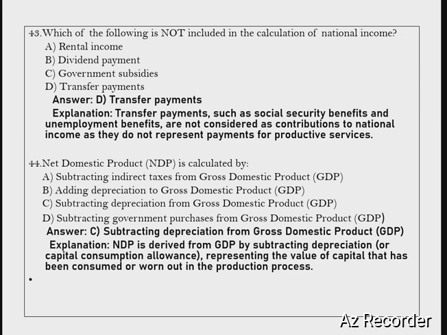Next question: NDP is calculated by option A, subtracting indirect taxes from GDP. Option B, adding depreciation to GDP. Option C, subtracting depreciation from GDP. Option D, subtracting government purchases from GDP. Correct answer is option C. Explanation: NDP is derived from GDP by subtracting depreciation, representing the value of capital that has been consumed